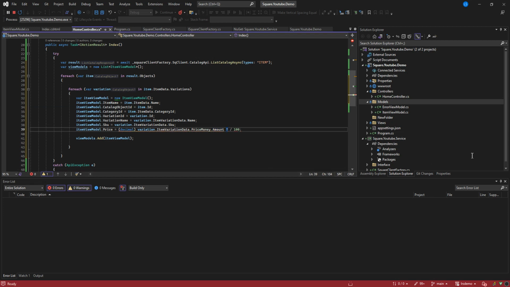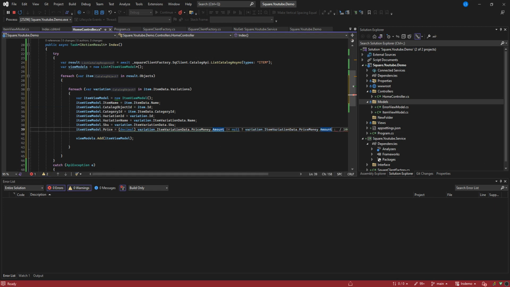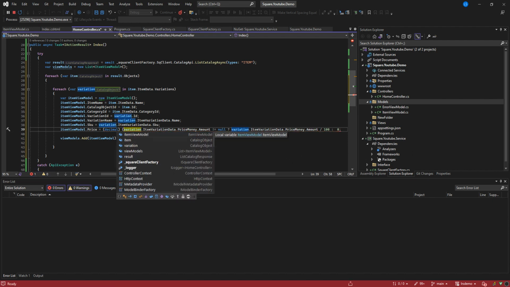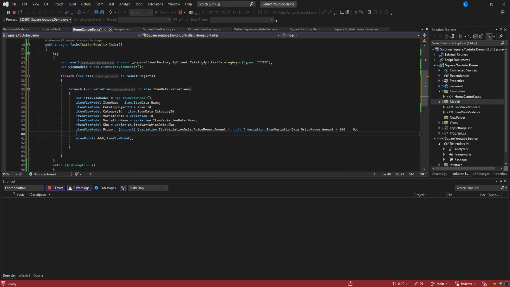Let's say not equal to null, then do this divided by 100, else we'll just return 0. But after all of that, we want to cast this thing into a decimal. All right, so there's obviously prettier ways to write this, but anyways, what it's saying is, if this long